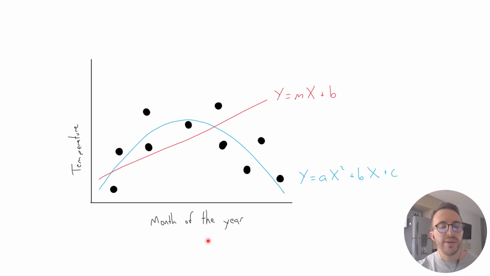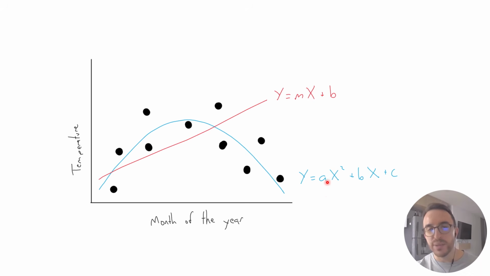Suppose that now, instead of predicting the price of a house based on its area, we wanted to predict the temperature in a given city given the month of the year. So this is not linear anymore, right? It's curved because at the beginning of the year it's winter, in the middle of the year it's summer, at the end of the year it's winter again, so the temperature goes down. And so a line like this red one doesn't really capture the data well anymore. Now what you want is a curve, which mathematically can be represented by a quadratic equation.